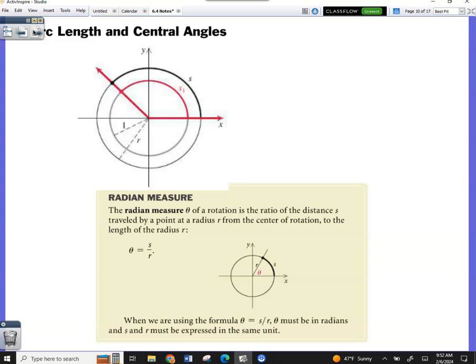If you look at this picture here, we have the unit circle radius, which is right here, and they have a 1. And if you trace your eyes around that,